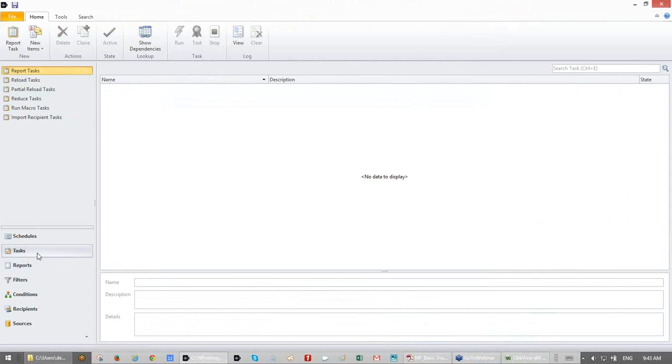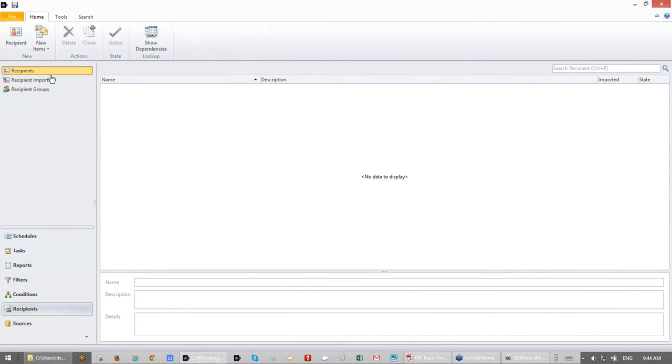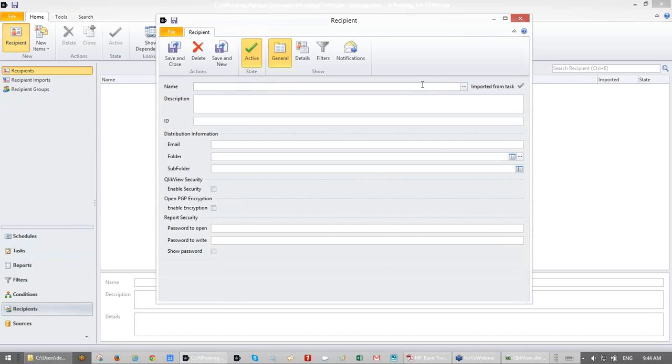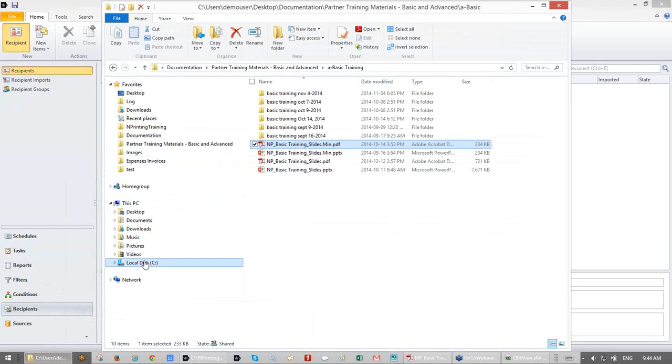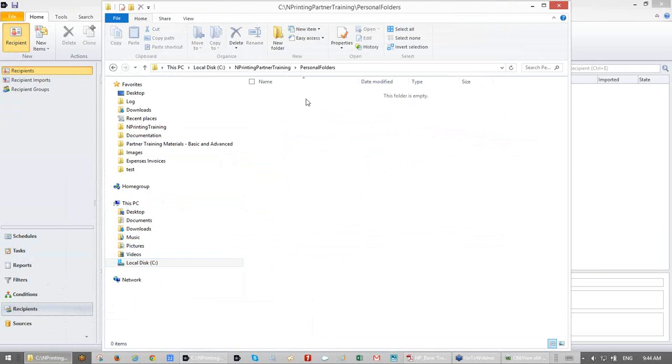let's see, so tasks. So let's go ahead and create a recipient first of all. So when you create a recipient, just go ahead and type the information, test user, okay? You can add an ID, type an email, and you can define a folder. So if you come back over here and copy your folder path,